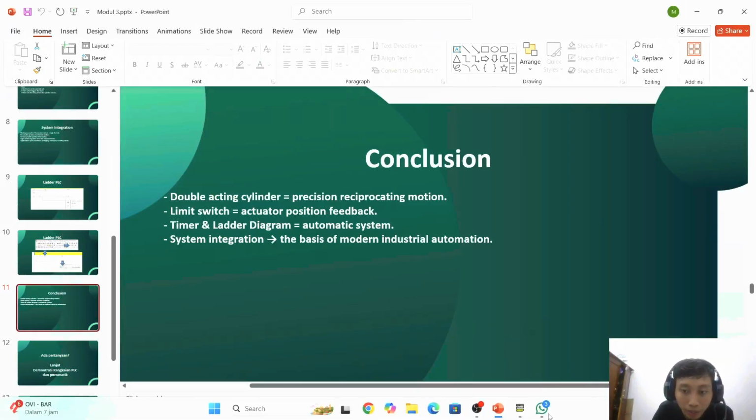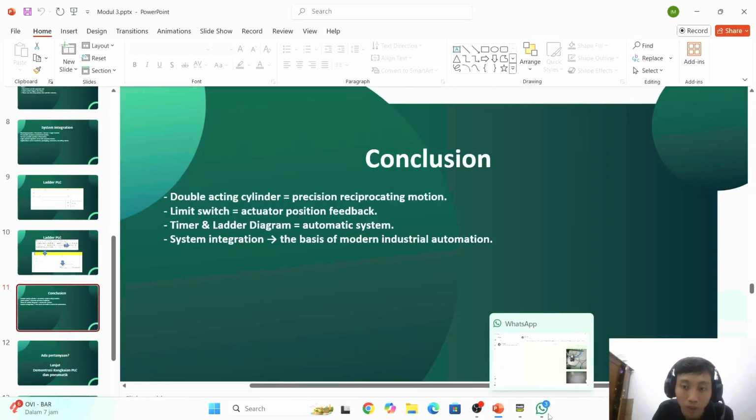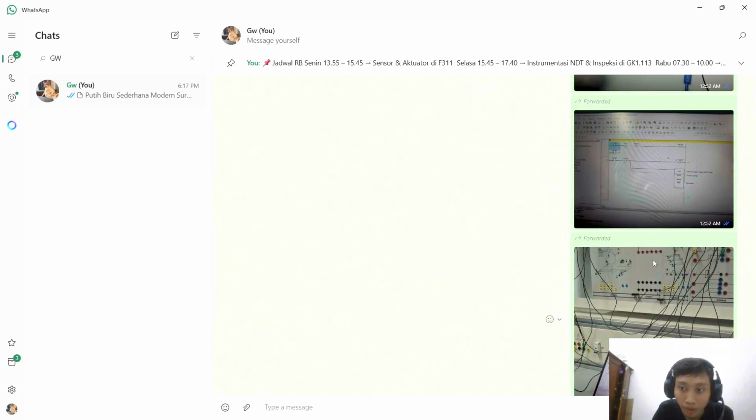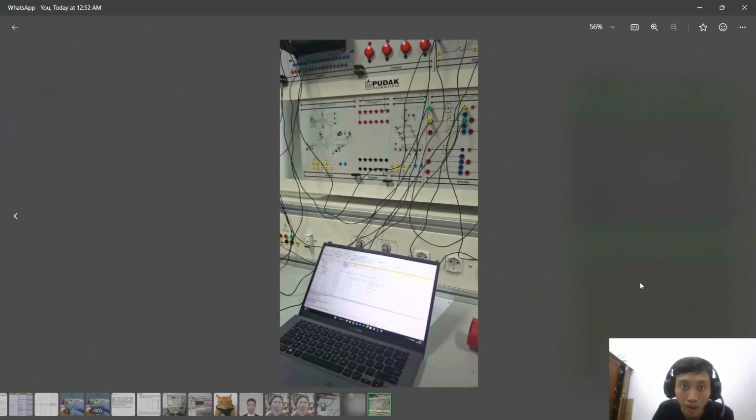The practicum from the photo of pneumatic PLC control, the diagram. If we use PLC, it is like this.